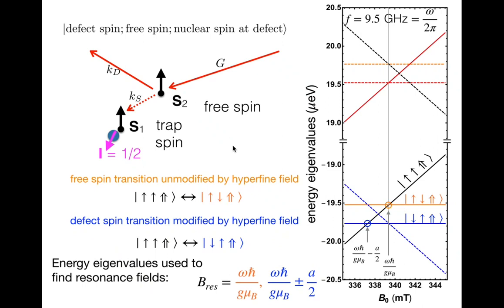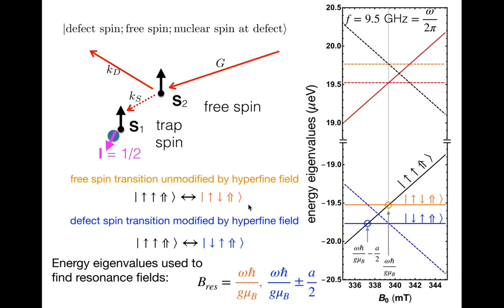That's being flipped by the RF field. Okay, that's how we go from there to there, and we can determine this analytically. It's this value for the resonant field right here, and of course this is not modified by the hyperfine field. Right, there's no hyperfine interaction in that resonance,